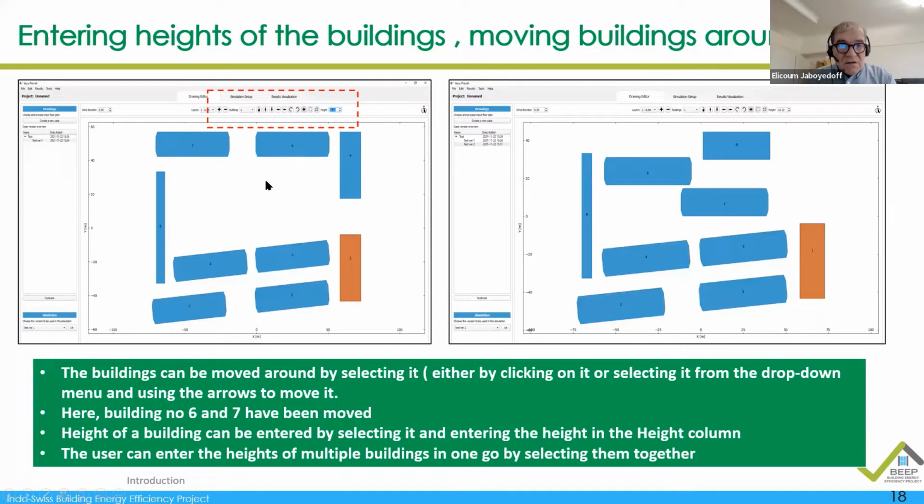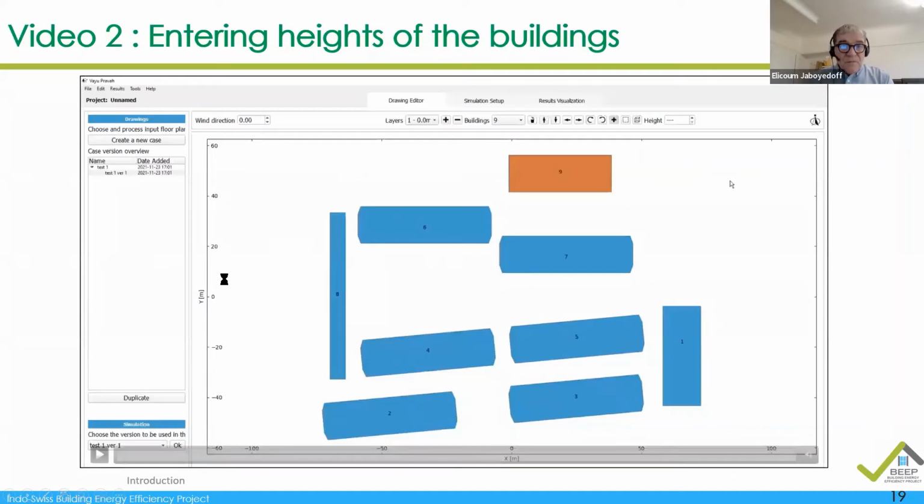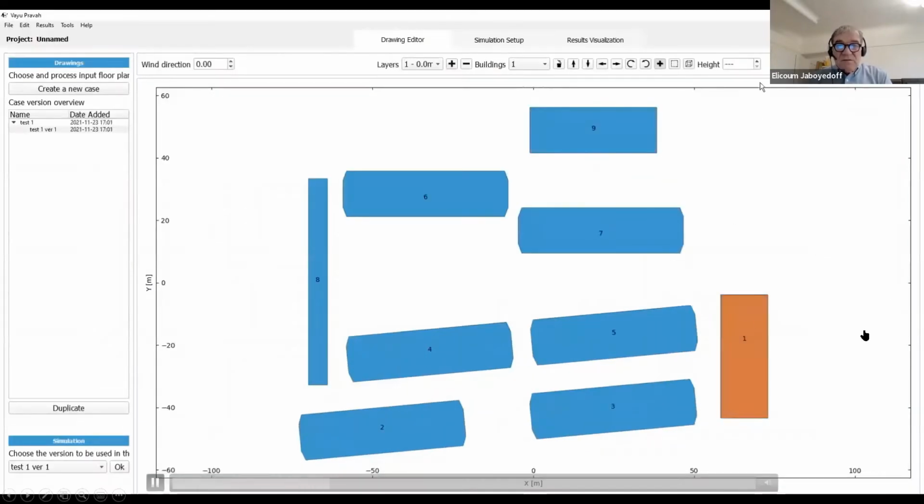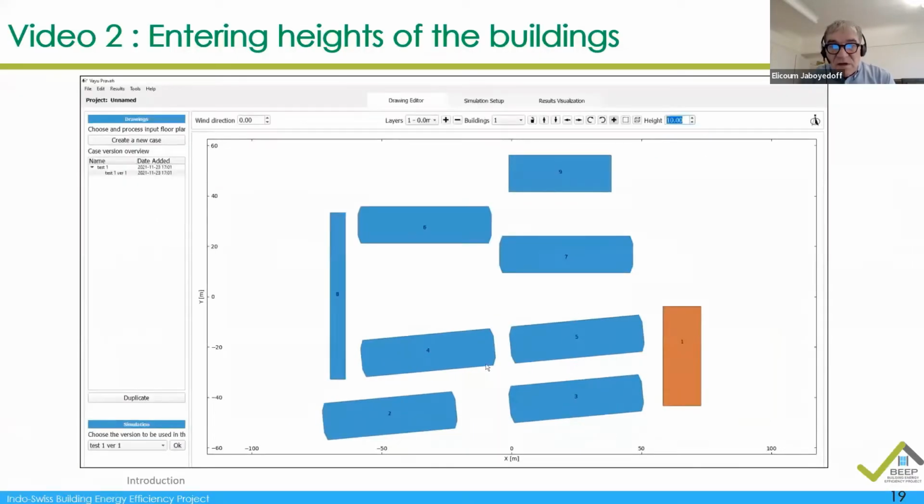And here you can also move the building. Once you have created a variation, you can move the building to a different place. You can see here that 6 and 7 have been moved and that 9 has been rotated. So now if you see in here, you give the height of the building, which is the difference of height between the bottom and the top of this building. And then after that,